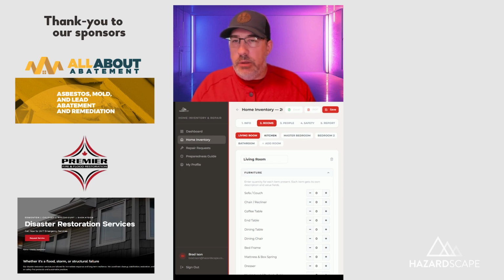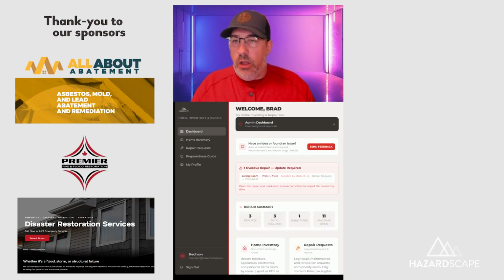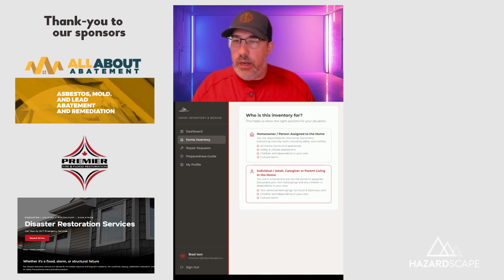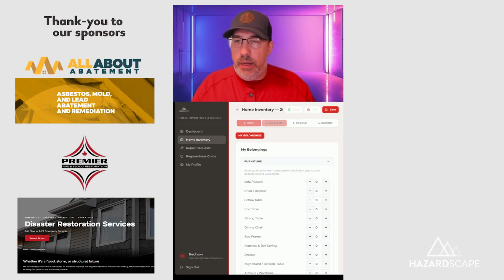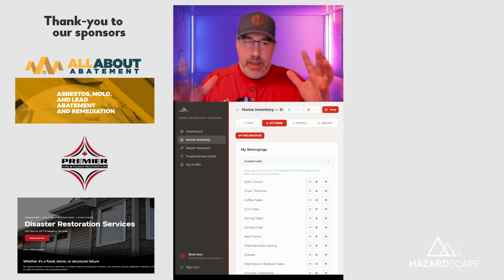So being able to go into the master bedroom and record that there's a bed in there with a bed frame and a mattress and a description and an estimated value, along with all of the other individuals in the home being able to do that, you can then stack all of these together for Indigenous Services Canada